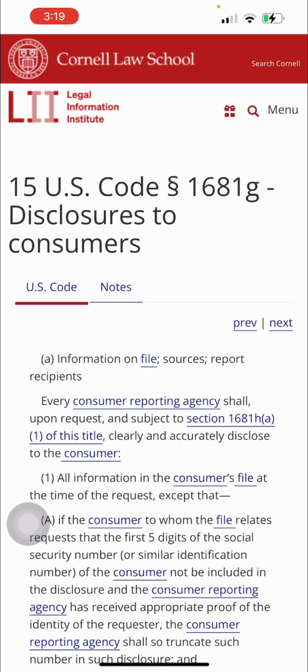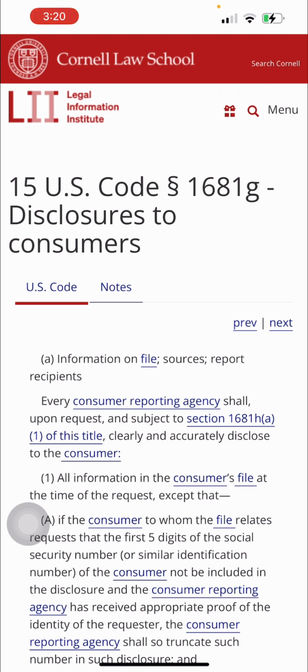So if the code says the consumer reporting agency shall, upon request, clearly and accurately disclose to the consumer all information in the consumer file, then that's what they must do. For example, if you sent a notice to the consumer reporting agency notifying them of inaccurate, incomplete information on your consumer report, and let's say it came back verified.